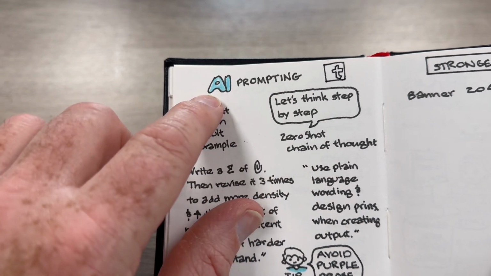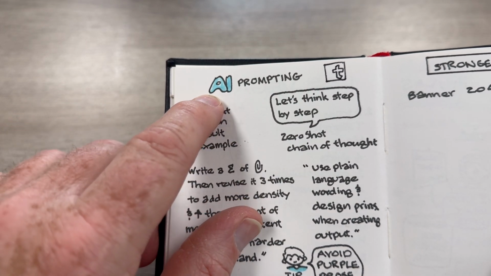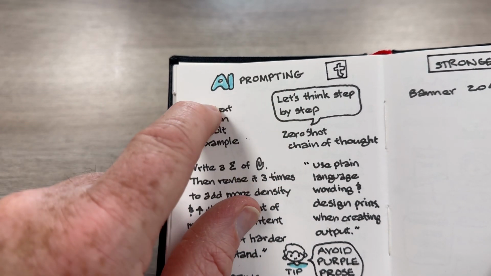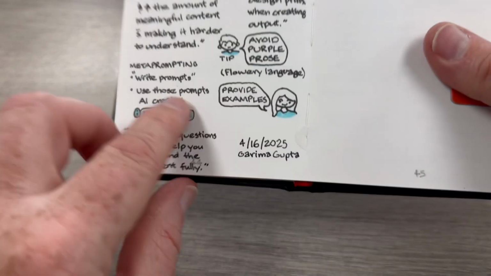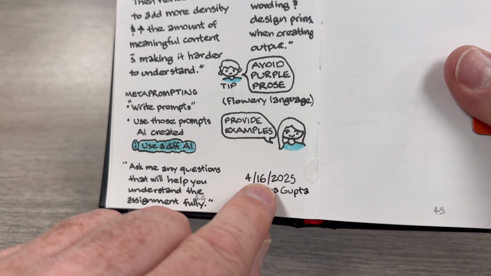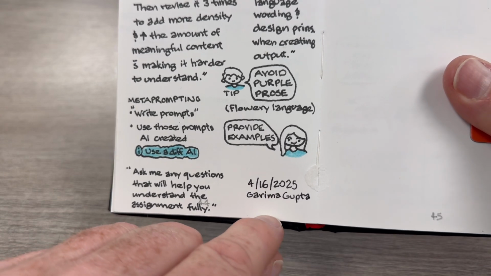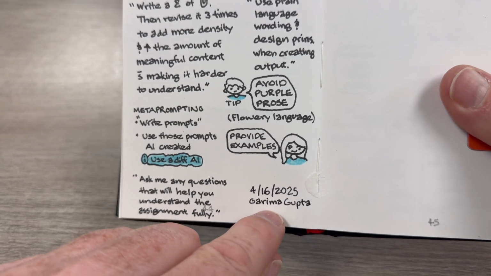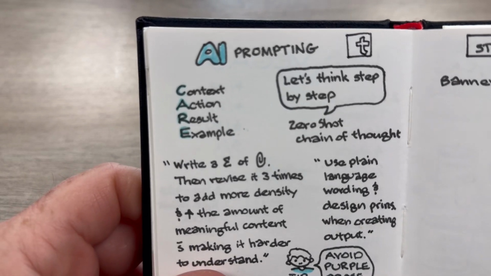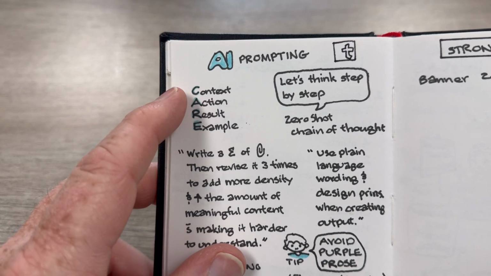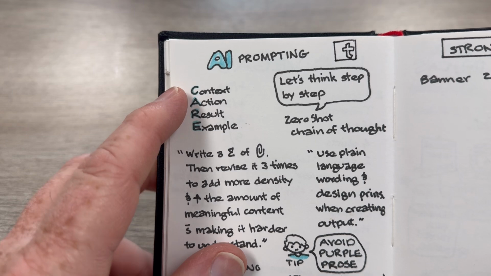Normally, I like to put the title and the speaker and the date at the top. In this case, I mixed it up a little bit. So I put an abbreviated title there. Then down at the bottom, I have the date when I attended this webinar and the speaker or the presenter, Garima Gupta. Let's look at these notes, and I'll talk about some of my decisions for visuals as I made